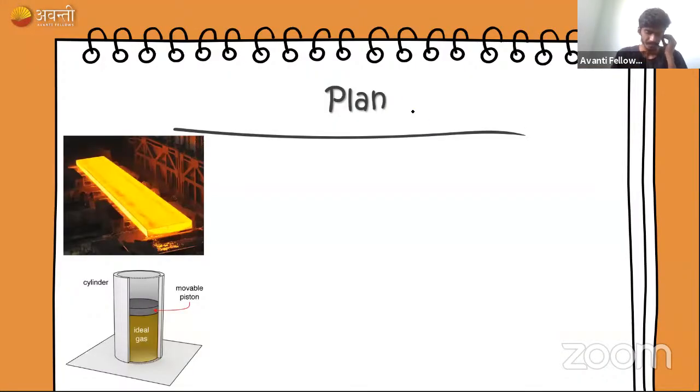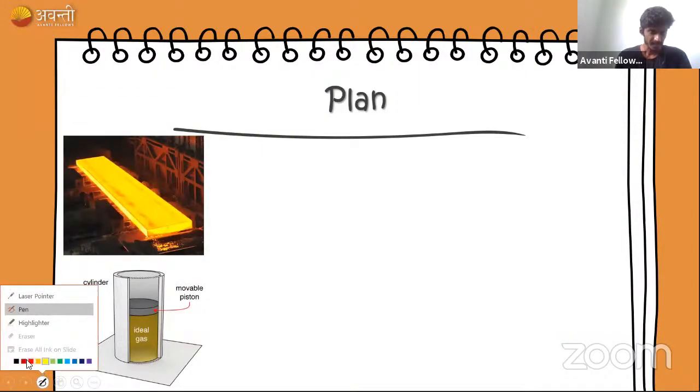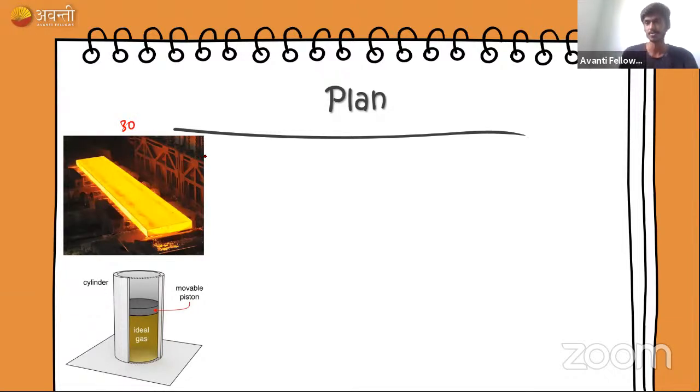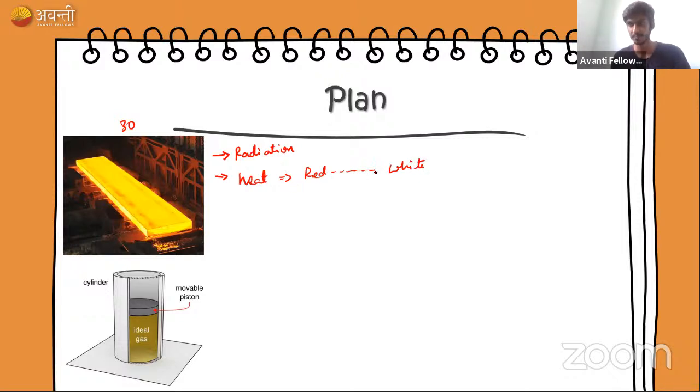Okay. So let me tell you very quickly, as I told you, the topics which we are going to study here in a bit detailed way. The first 30 minutes, imagine, we'll be talking about radiation. In radiation, we'll see what an actual radiation is, what the different kinds of radiation are, and how they transfer heat. If you heat a metal, it's going to change color. Initially it will be red, then it changes color to white at the highest temperature. Why does this happen? And how can we understand this particular concept? We'll go through it, and that is also given by a law called Wien's displacement law.